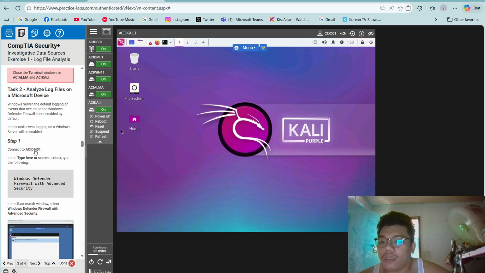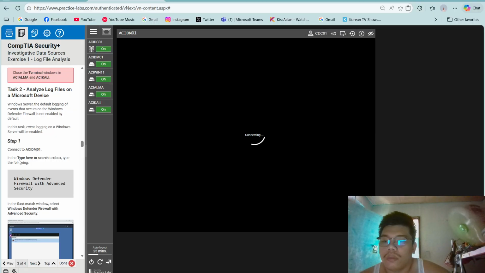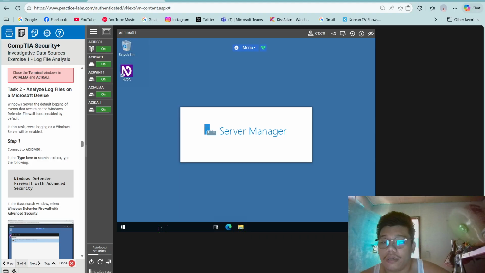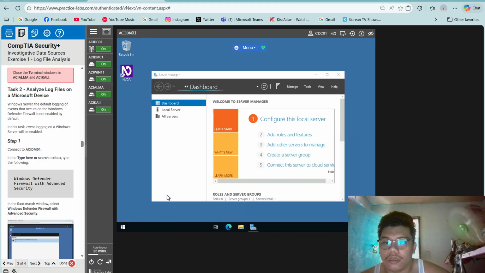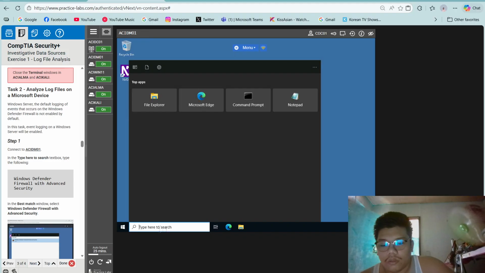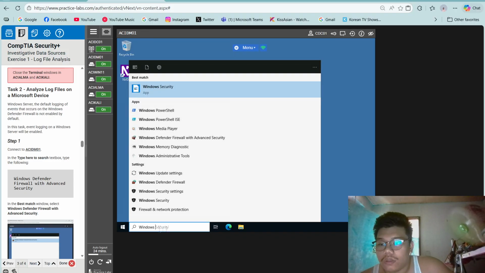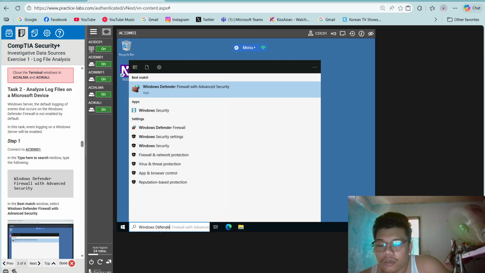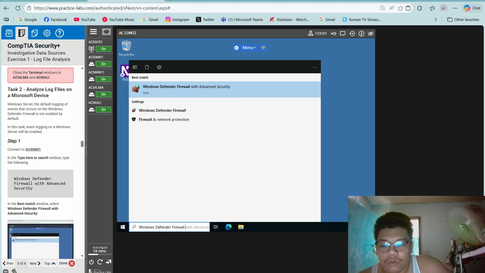Step 1, connect to ACIDM01. In the type here to search text box, type the following: Windows Defender Firewall with Advanced Security.